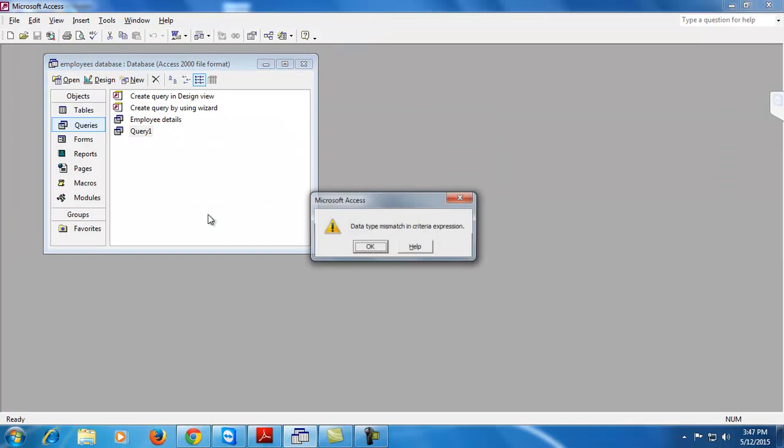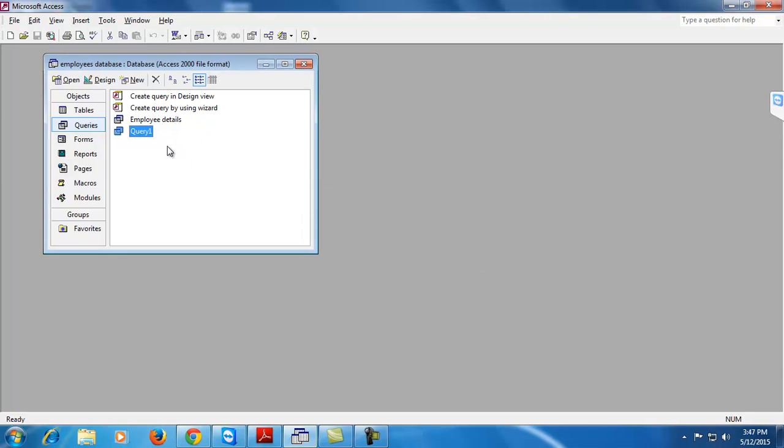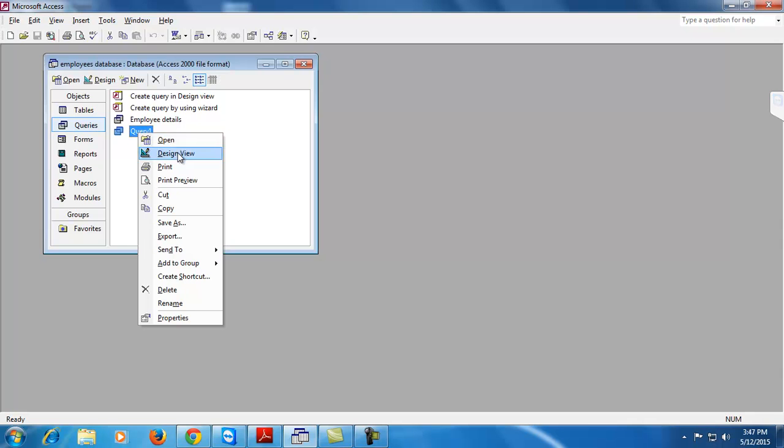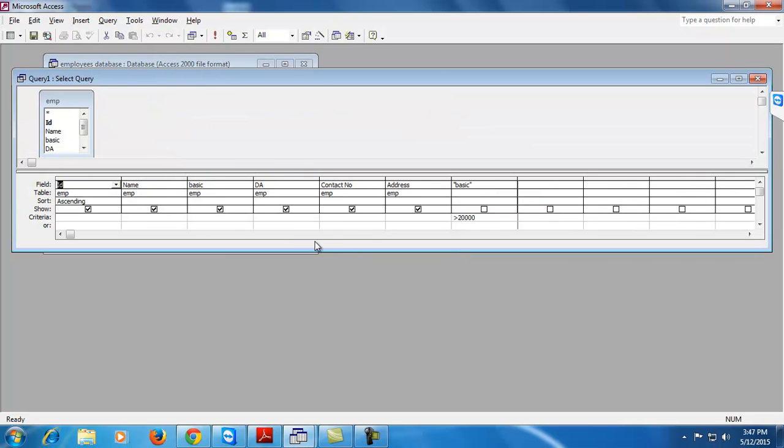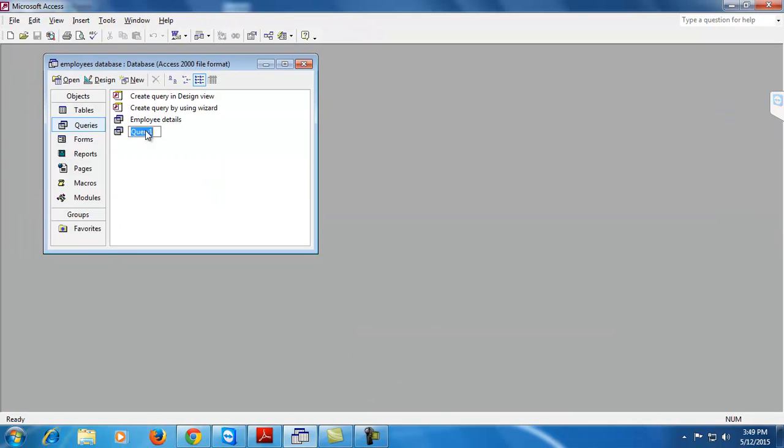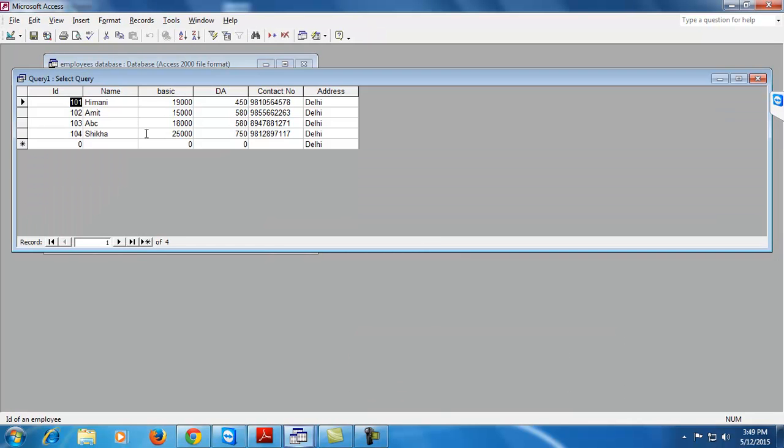Now if you run this query, then a data type mismatch error will occur. Again we will open it in design view. Here we work without giving the condition, that is, ID, name, basic, DA, contact number and address will be displayed.